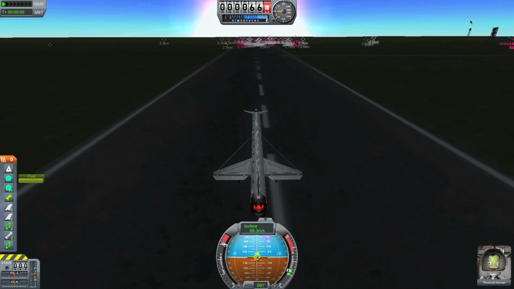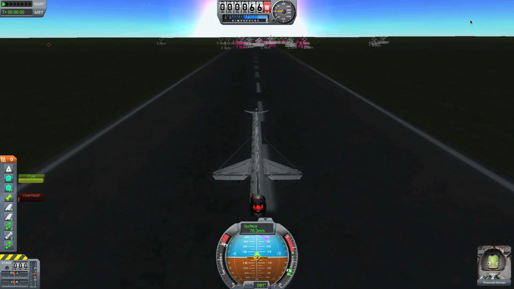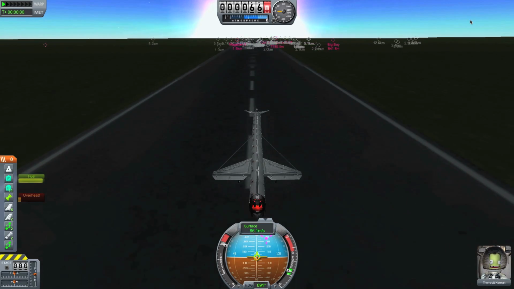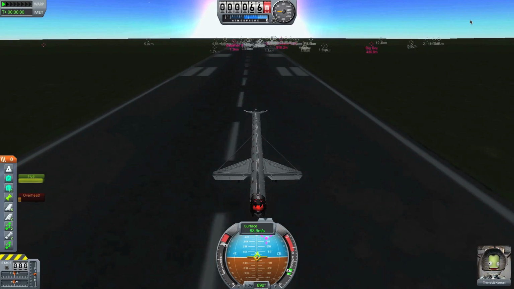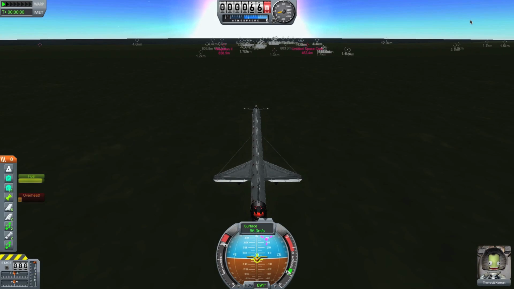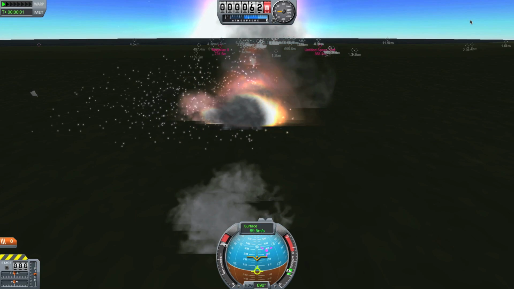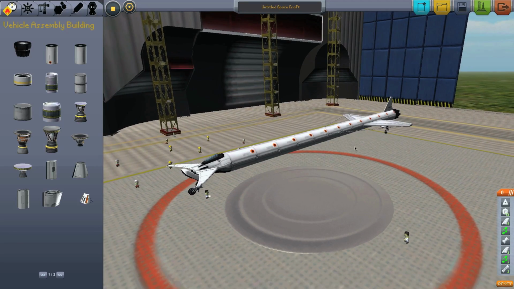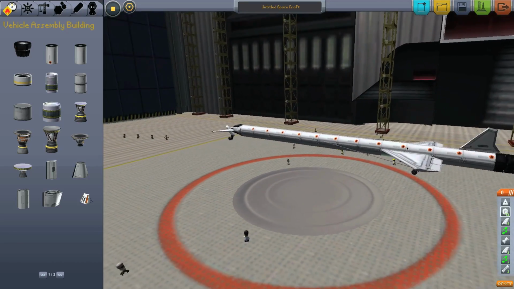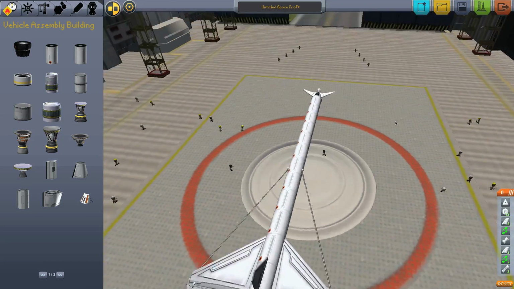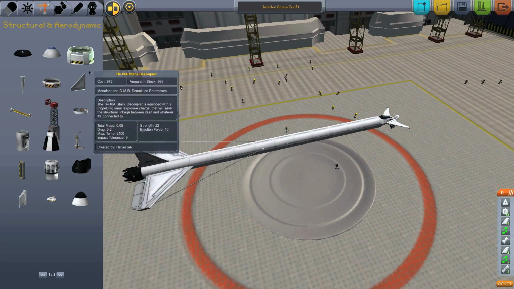Again, I would like to see how fast it gets by the end of the runway, and if that's fast enough speed to actually take off. The answer is no. No, it's not. First problem with this thing is it crashed and burned. So these are definitely going to go to the back. That's the first thing. Second thing is it actually needs wings, real wings,